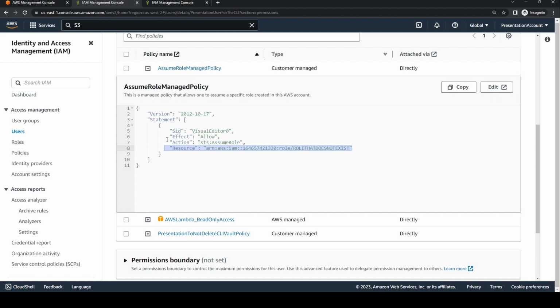So what do you think is going to happen if the user calls AssumeRole again? What we would expect is that you would try to call AssumeRole on the role, but because you're trying to call AssumeRole on a different ARN, this is not going to match, right? There is going to be no rule that allows you to call AssumeRole on the role we want. So we would get a failure. So jumping back to Kali,